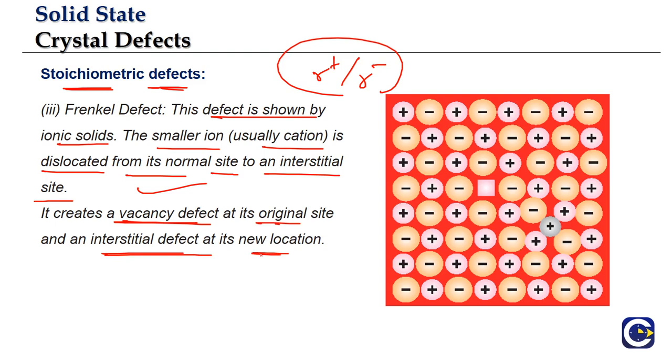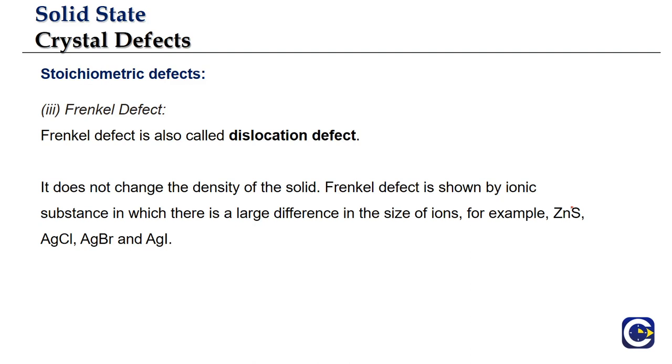So how can we see it? Let us say, for example, here we can observe the box over here, which should have been a cation. It is moving out of its place, and where is it going and occupying? It is going and occupying a place over here. So it is moving out of its original place and going and occupying one of the interstitial sites. And it is a combination of what? From here it is vacancy and here it is interstitial. So as a result, what we will see is that the Frenkel defect does not change the density of the solid, because no particles are going out and no extra particles are coming in.